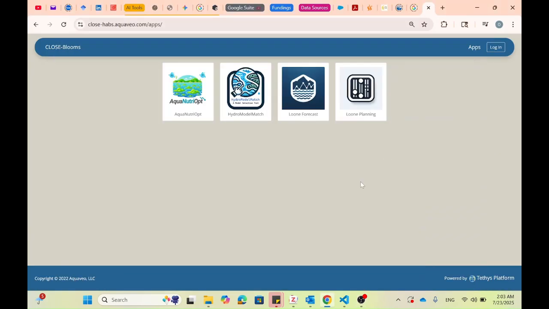Well, hello everyone. Today I will guide you through the HydroModelMatch tool right here. So first of all, the HydroModelMatch is an app among different apps, as you see within the Closed Plumes framework. So you can access the Closed Plumes through the